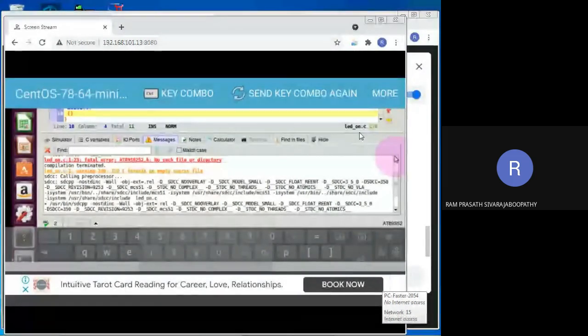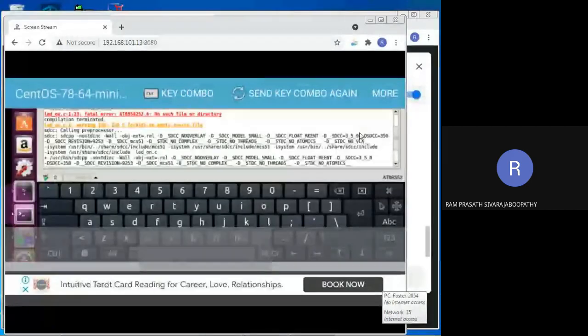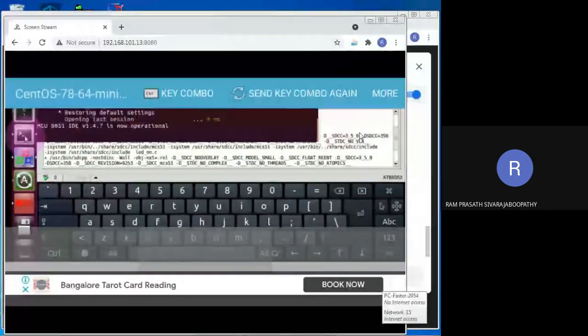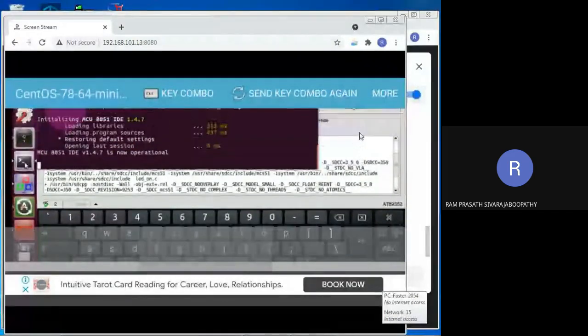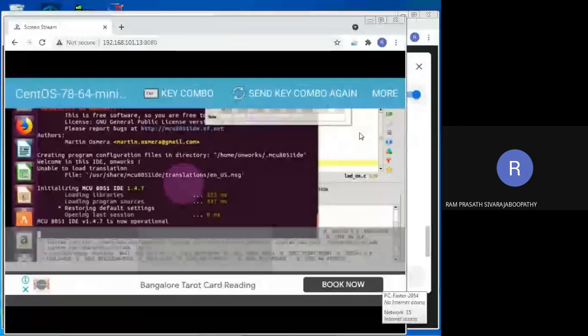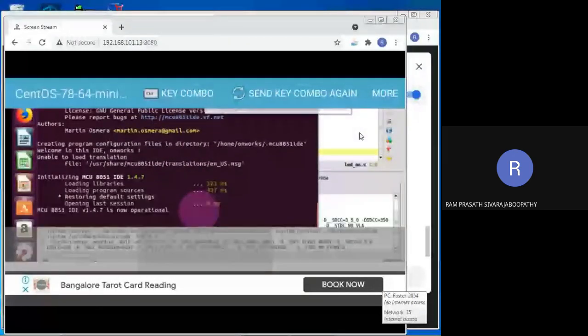So for this, what we can do is you click on this particular icon, or else you go to terminal. Wait a moment, I forgot to tell you. You go to terminal. After you have gone to terminal, wait a minute. We have to install one more thing, SDCC libraries, that I had forgotten. Wait a moment, we will try it now.